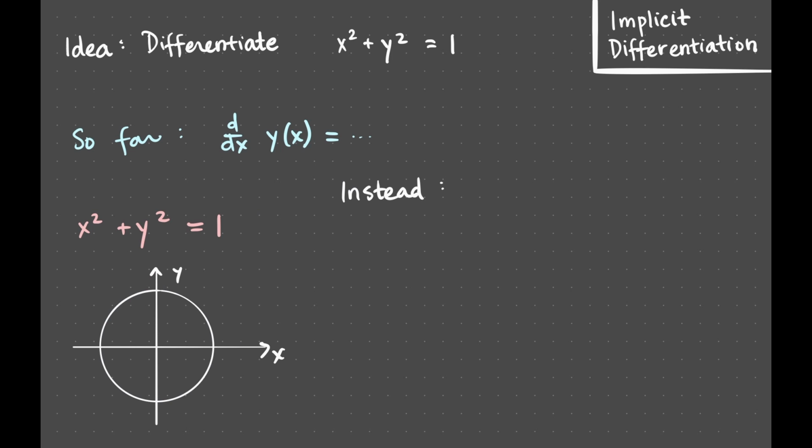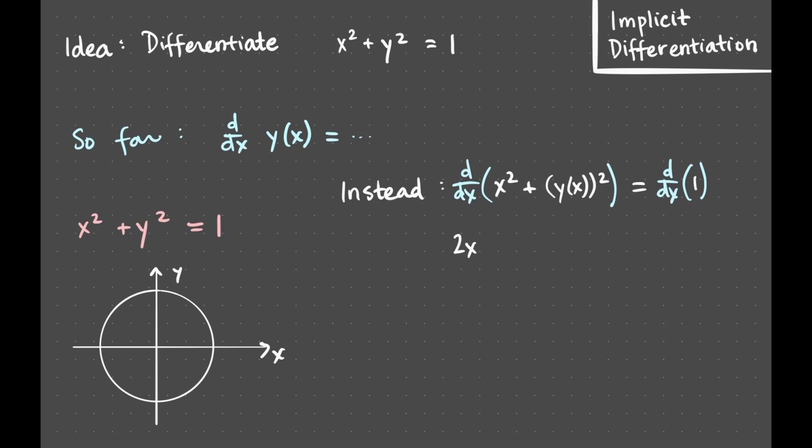Let's demonstrate this technique through the example of the unit circle. The idea is to think of y not just as a variable itself, but rather as a function of x, so that the implicit equation can be thought of as x squared plus the quantity y of x squared equals 1. Upon thinking in this way, we can differentiate both sides of this equality with respect to x to obtain a new equality. On the left-hand side, for the first term we just get 2x, and